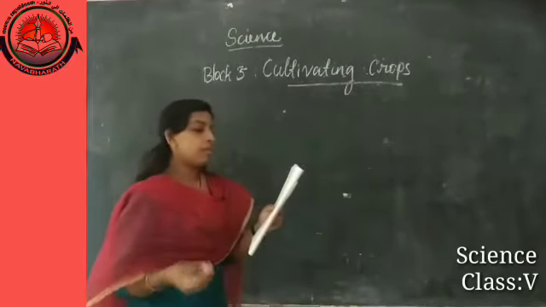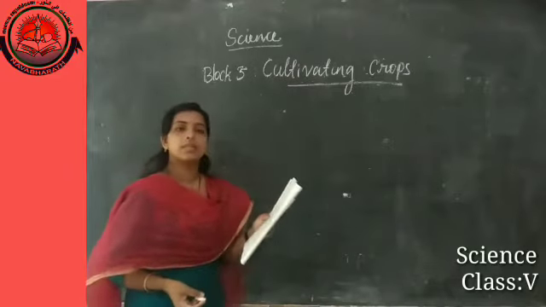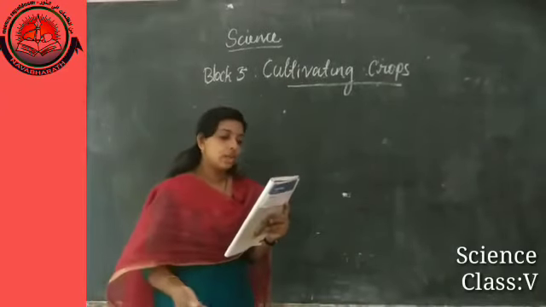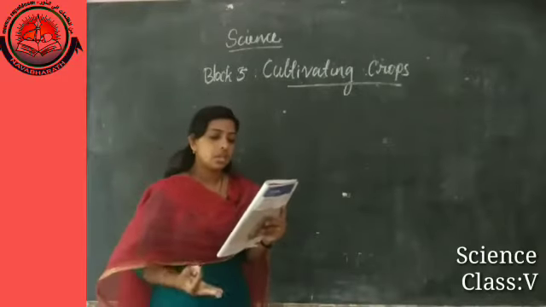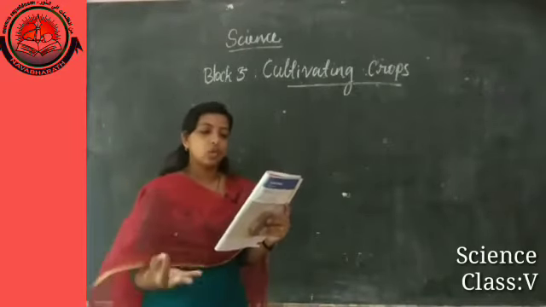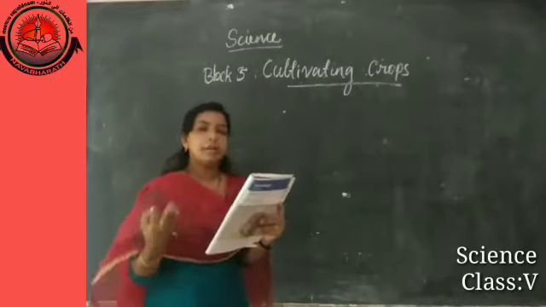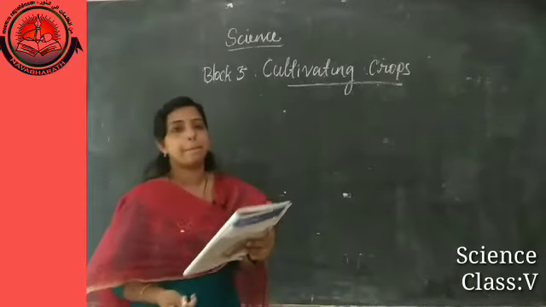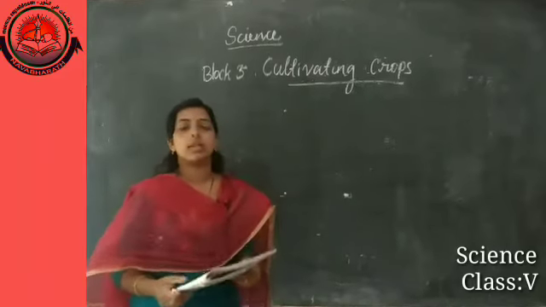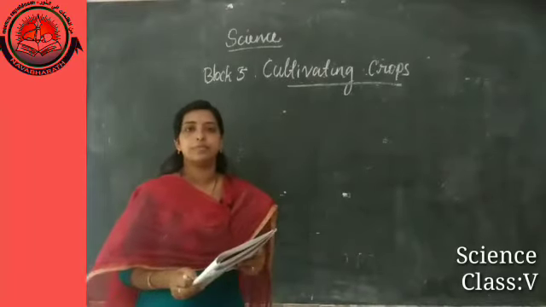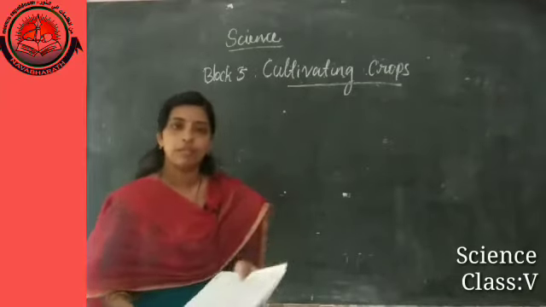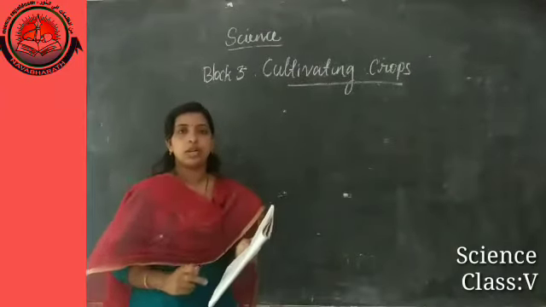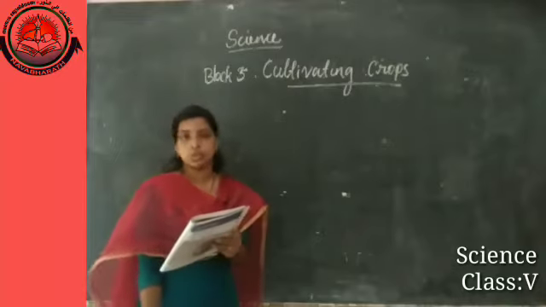Here, which one will come as the first box or first stage? The first box is sending the crop to the sugar factory. Second box is irrigation, third box harvesting, fourth is sowing, fifth is preparation of soil, sixth is ploughing the field, and seventh is manuring. So which box will come first in sugarcane production? First thing is preparation of soil, the fifth point, that has to come first.